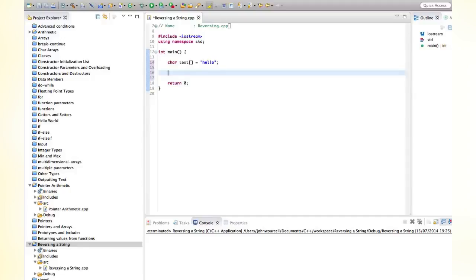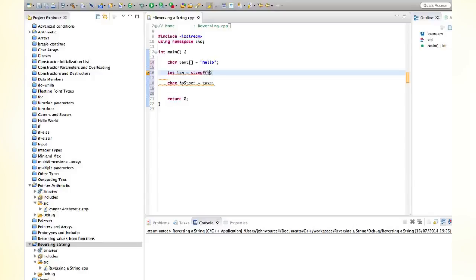But let's have a look at an example of how we could tackle this. Firstly, I'm going to declare a pointer to the start of the array. Let's say char pointer p start, although we actually are going to move this pointer, equals text. So that now points to the start of the array, to the letter H. Let's also declare a pointer to the end. And to get this, I need to know how long the array is. So let's say int length, in other words length of the array, equals